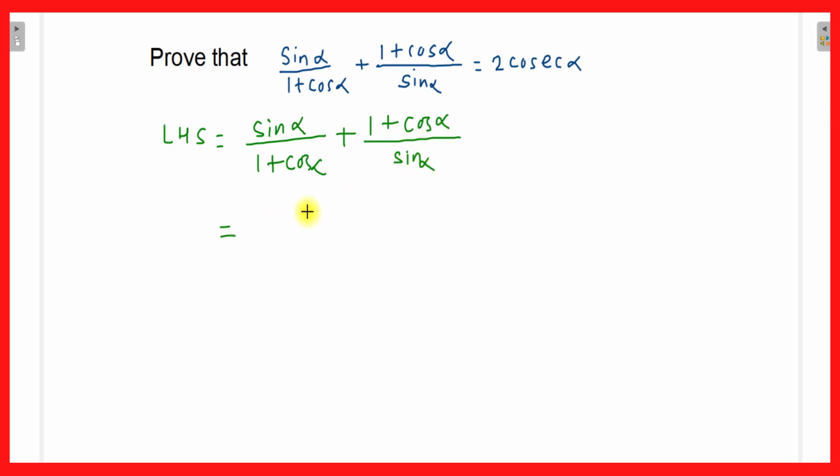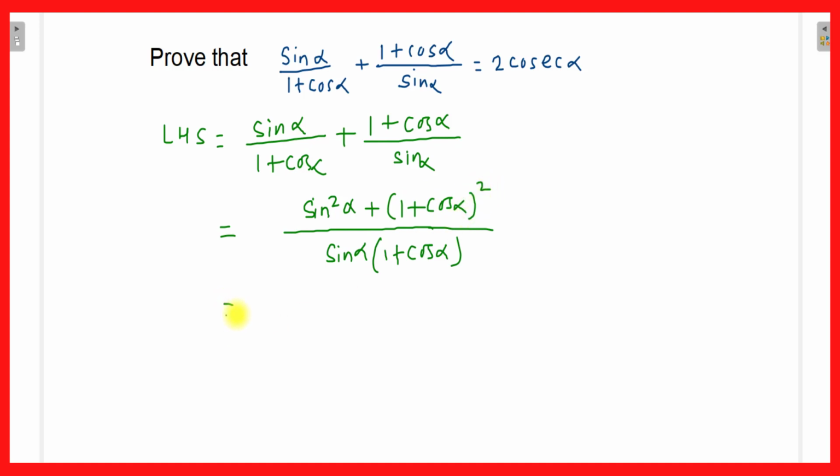Now here, to solve these two fractional numbers, we take the LCM of the denominators. So the LCM will be what? It will be sin alpha into bracket 1 plus cos of alpha. Here we will multiply by sin alpha, and here we will multiply by 1 plus cos alpha. So sin alpha into sin alpha will be sin square alpha, plus this will be 1 plus cos alpha into 1 plus cos alpha, that will be 1 plus cos of alpha bracket square, and that is equal to